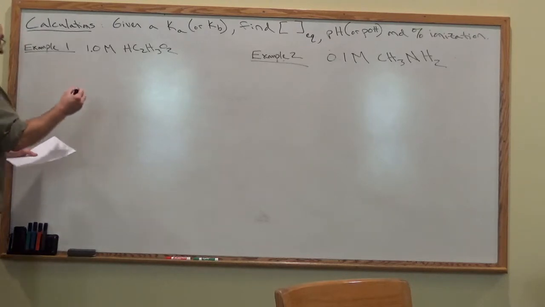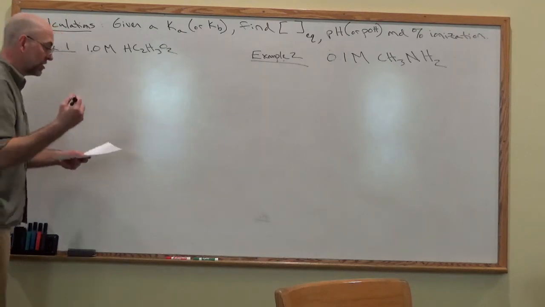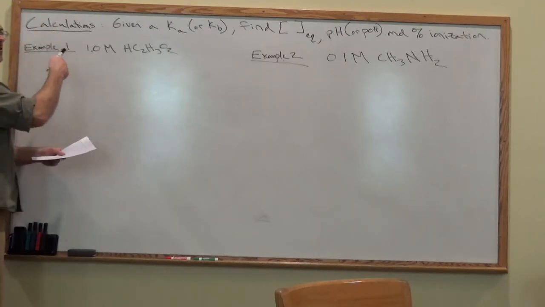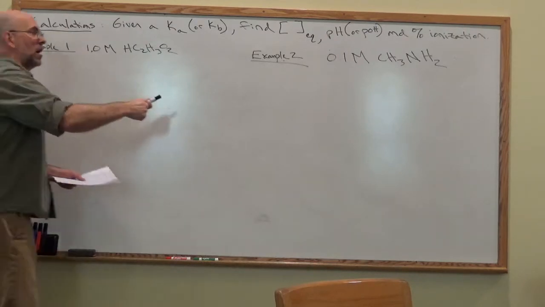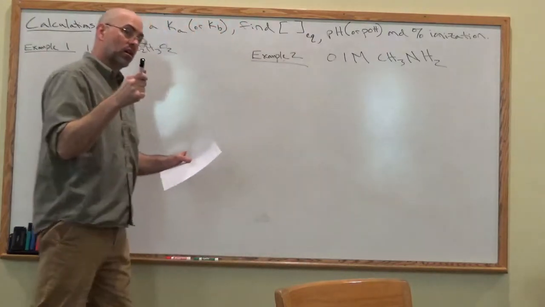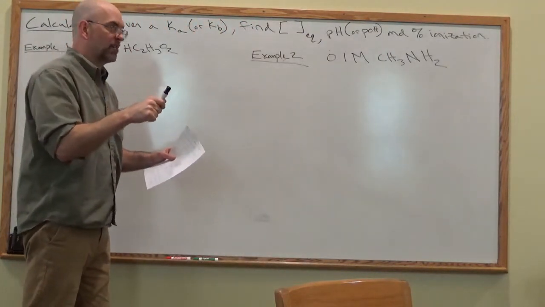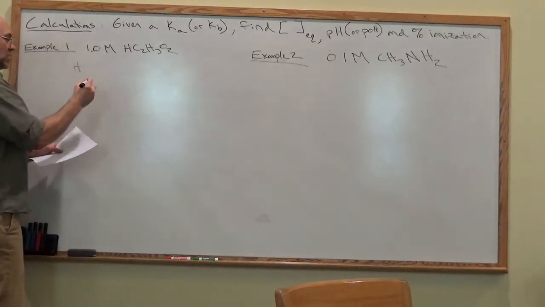So we know that this is an acid, and it's a weak acid because it has a Ka that's really small. It's not a strong acid where we would just take minus log of 1, and then for pOH, minus log of 0.1. We know it's not strong, so we don't want to forget all that stuff. We know it's weak, so we actually have an equilibrium. So in this case, we would take,